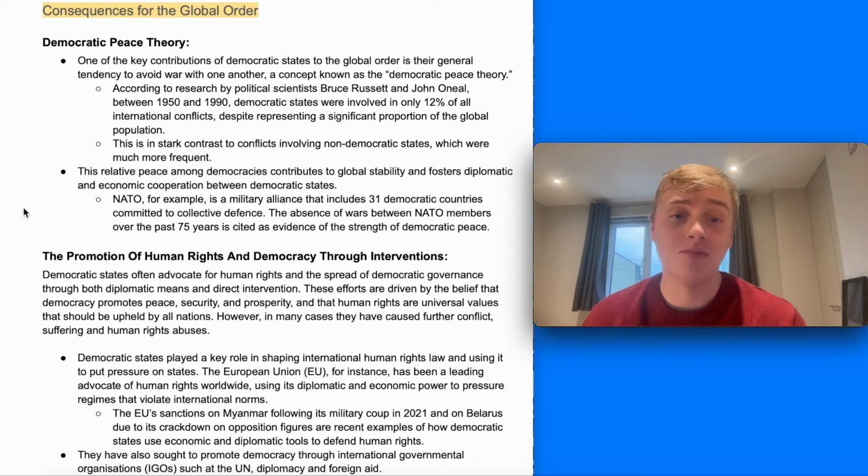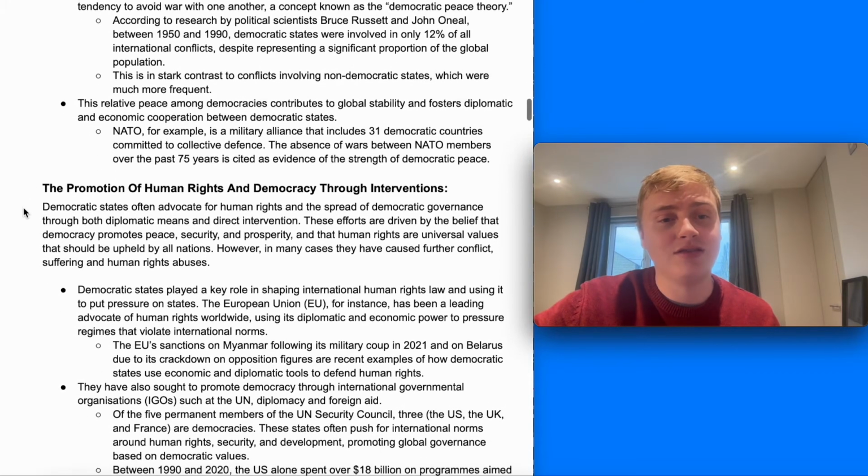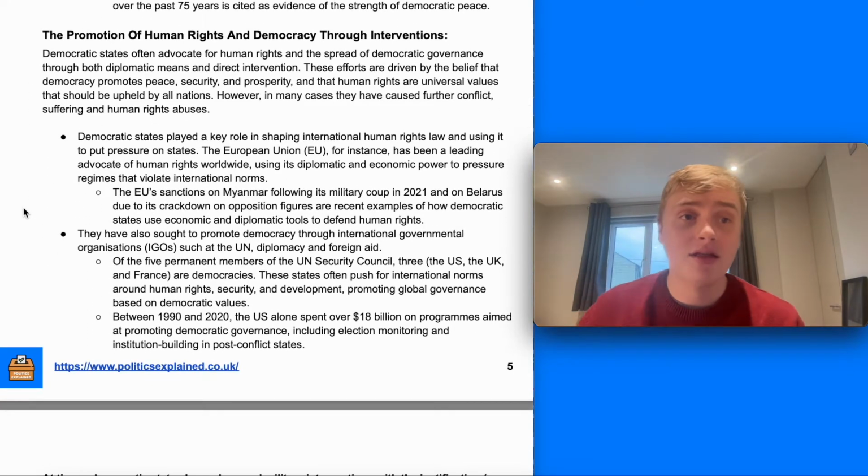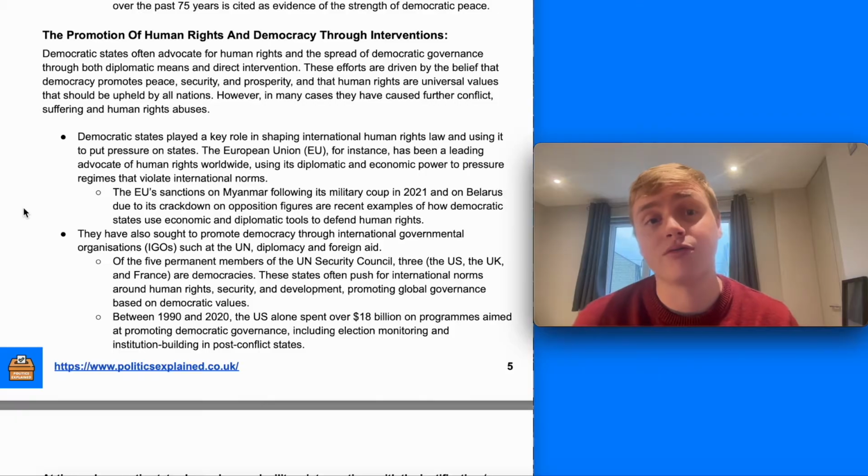Crucially, NATO also plays a part in that. It's a key military alliance of 31 democratic countries that have come together and acted together militarily and share the same interests. The absence of war between NATO members over the past 75 years is cited as evidence of the strength of democratic peace. Another thing that democracies have done globally is seek to promote human rights and democracy through